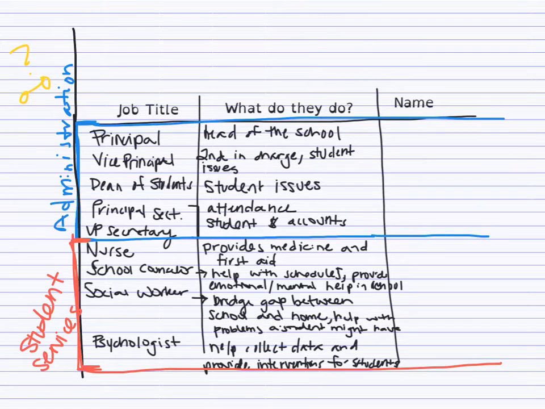Because if we look back through it, they're doing all sorts of things to serve students. I'm going to go ahead with my highlighter and highlight the things where we actually talk about them. So this is helping with problems a student might have, providing interventions for students, bridging the gap between school and home, helping with student schedules, okay? Medicine and first aid, obviously, again, very much for students. A lot of the stuff that the administrators do isn't necessarily not for students. They just have a different frame of thinking. So by knowing these two, you actually know two chunks now of the building.